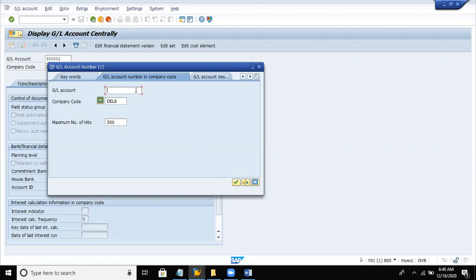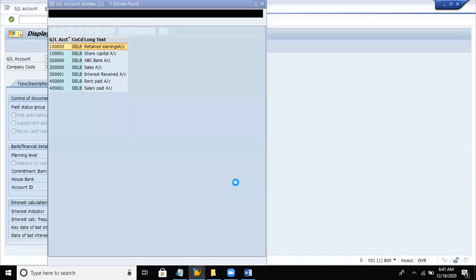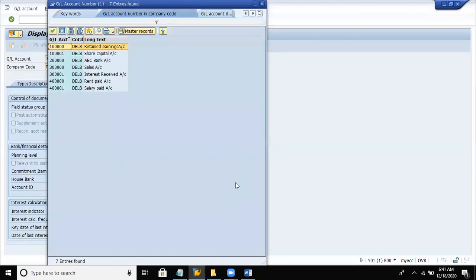So I have already updated the company code. Now hit enter on the tick mark. Then it would display all the GL accounts created. So we have created all the 7 accounts, and it is displaying all the 7 accounts, right?